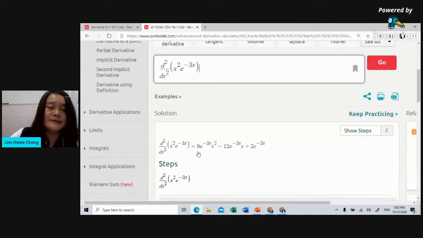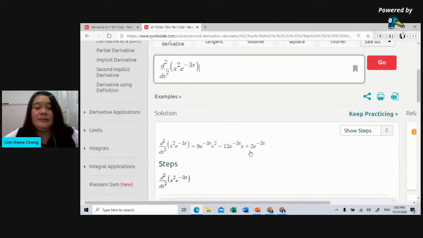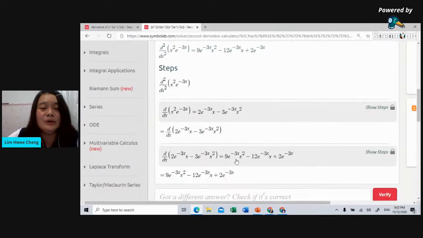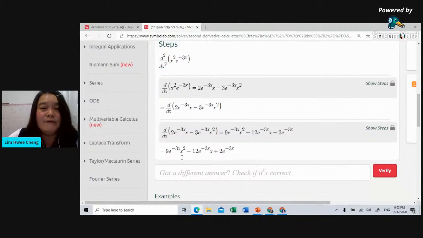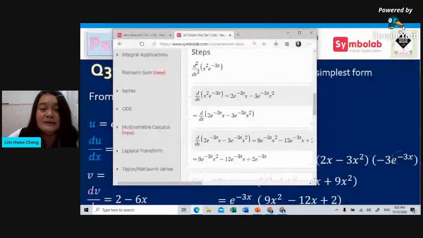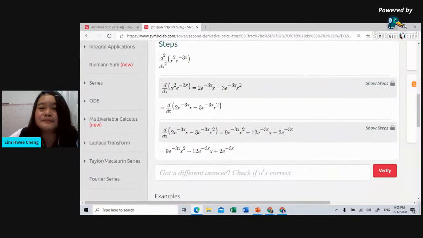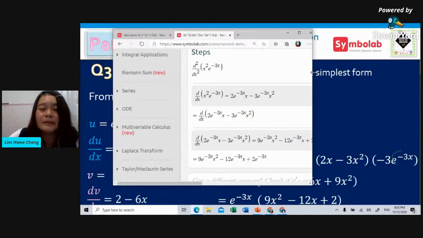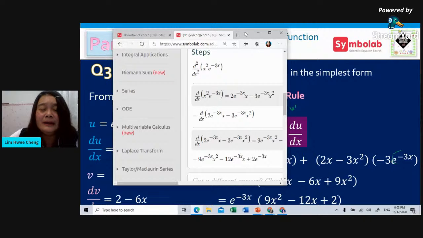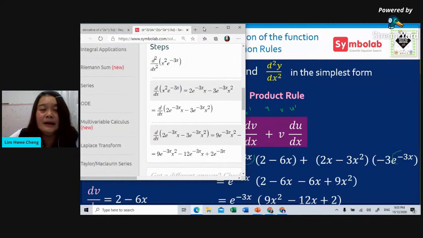They will give you this: 9 e power of minus 3x square minus 12x e power x plus 3 plus 2 e power of 3 negative. So it is not in the simplest form. It gives the answer without factorizing in the simplest form. So if you compare with the answer you got,